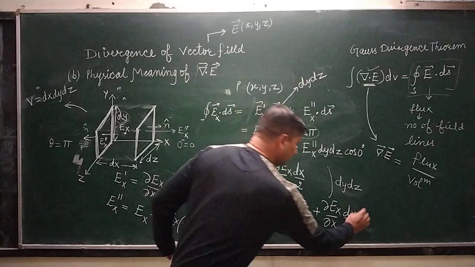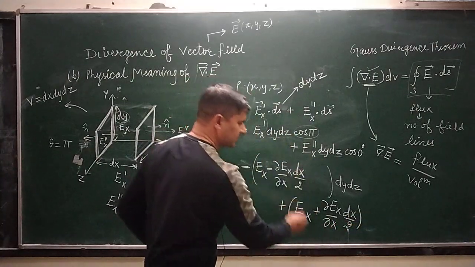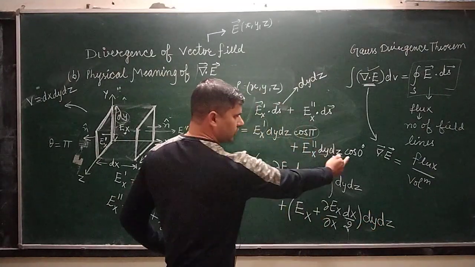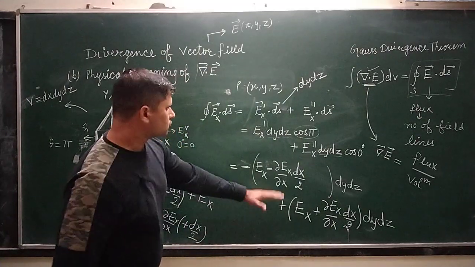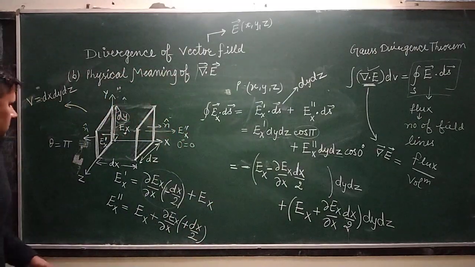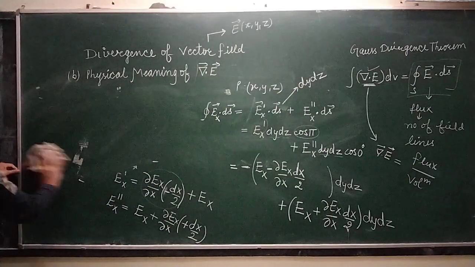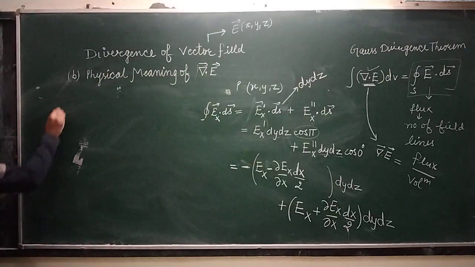Okay, so this is the value of Ex double dash. Then you have the surface area, this is dy into dz. Then you have cos 0 degree, cos 0 degree is 1. So now you have to solve this thing. So here let me clear this space. So if you solve this thing, then you will get